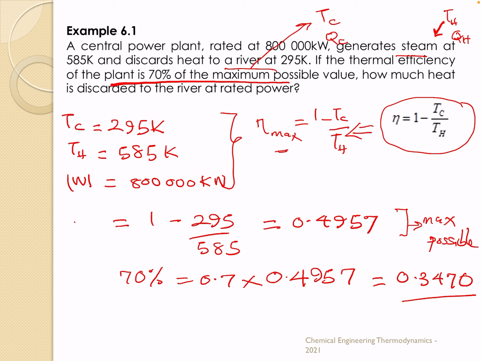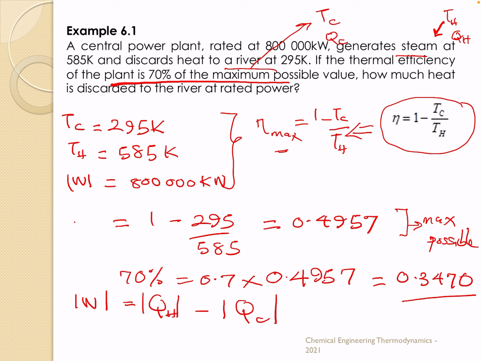But remember that the question is how much heat is discarded to the river at rated power. So we're looking for QC. So let's look at the other equations we've been given in class. In class, we've shown that for the heat engine, the first law of thermodynamics can become this: W equals QH minus